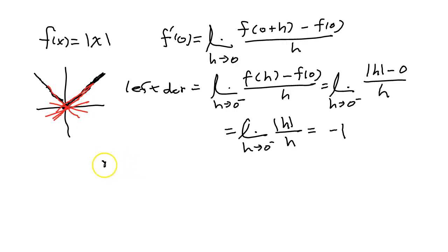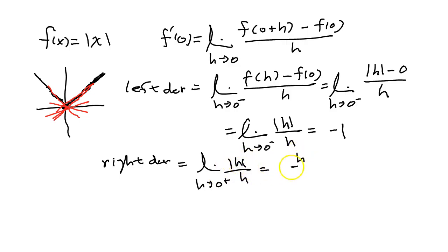Okay? And in the same way, if I do the right derivative, this is the limit as h goes to 0 plus of absolute value of h over h. I'm skipping these steps because it's going to be the same thing. So if I do this, now h is positive. If it's a small positive value, say 0.1, the absolute value of 0.1 is 0.1. It doesn't change. So in this case, it's just h over h. Since absolute values don't do anything at all when h is positive, the absolute value of h is the same as h, and therefore h over h gives you 1. And as you can see, they do not agree.